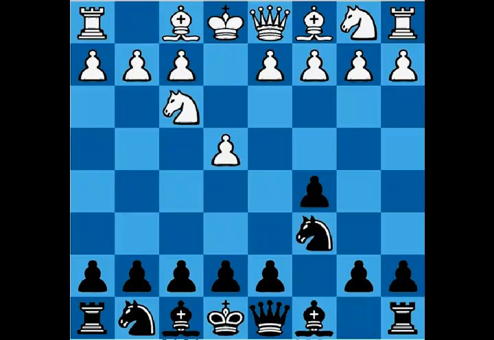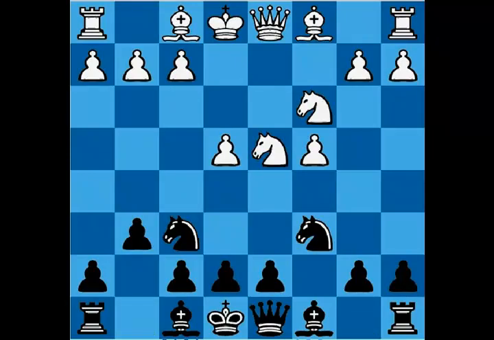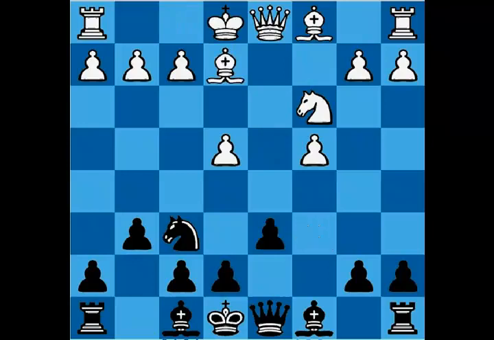This game was played a couple of years ago. d4, c5, knight takes d4, g6, c4, knight f6, knight c3, d6, bishop e2, knight takes d4, queen takes d4, bishop g7, bishop g5,